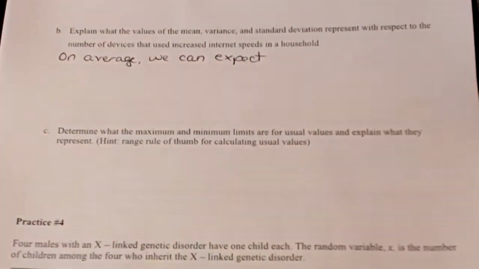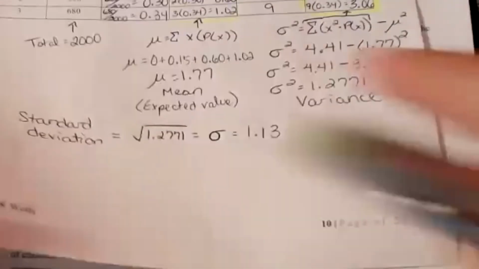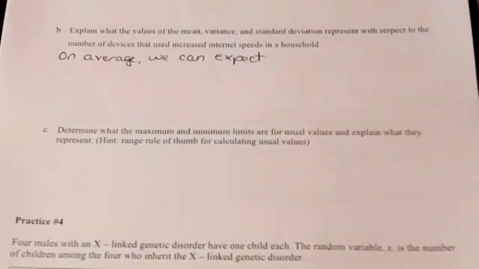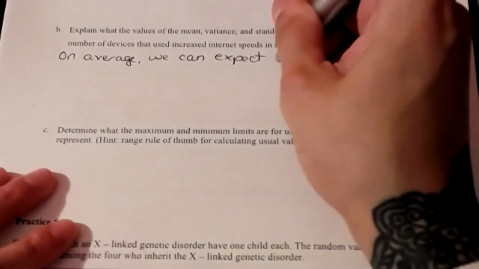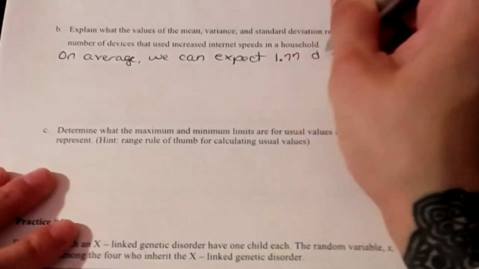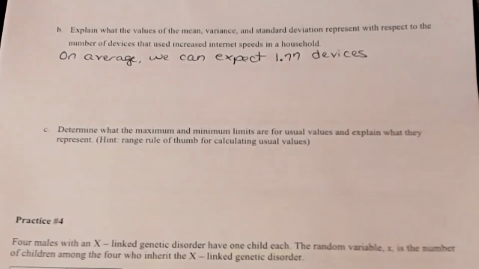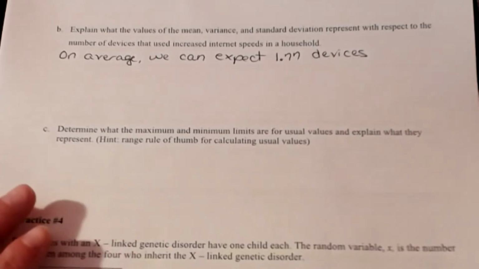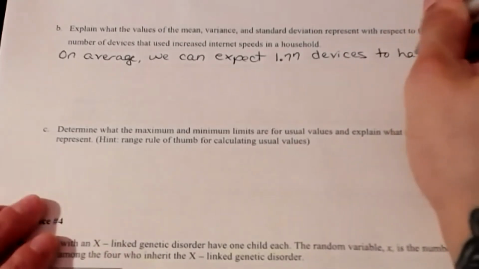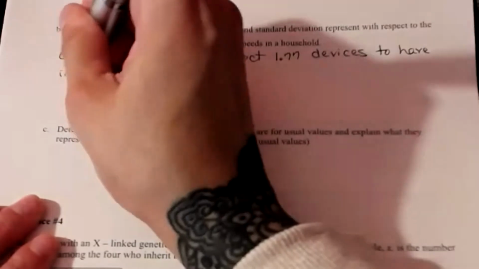Notice the terminology that I used, expect. We know that expected value is the same as the mean. If we turn to the previous page, the expected value is 1.77, but what does that mean? It means the following. On average, we can expect 1.77 devices, right? Because we're referring to the number of devices that has increased internet speed. We can expect 1.77 devices to have increased